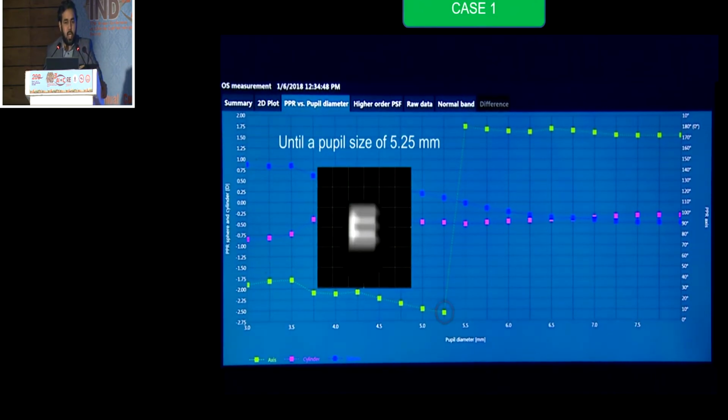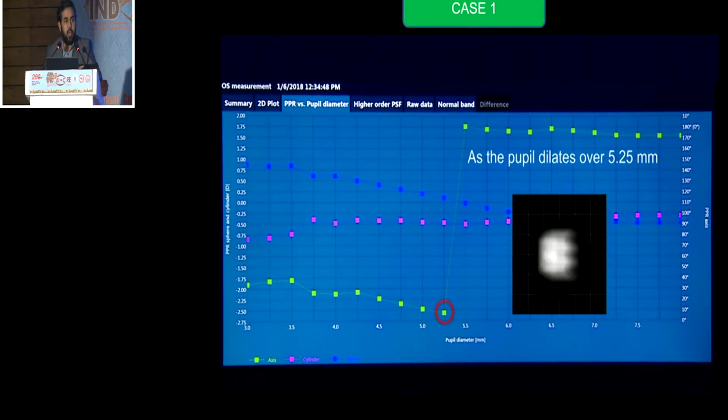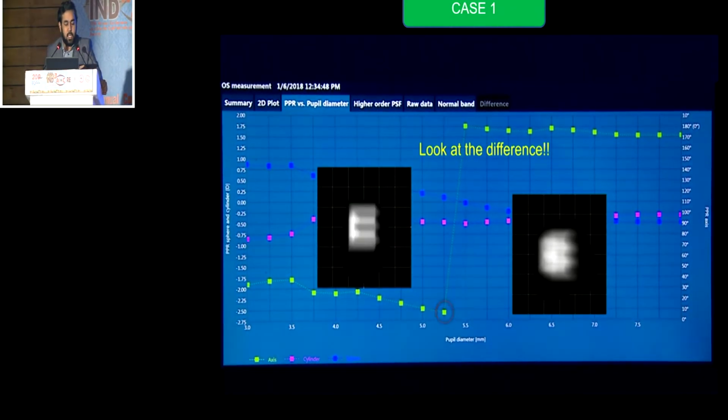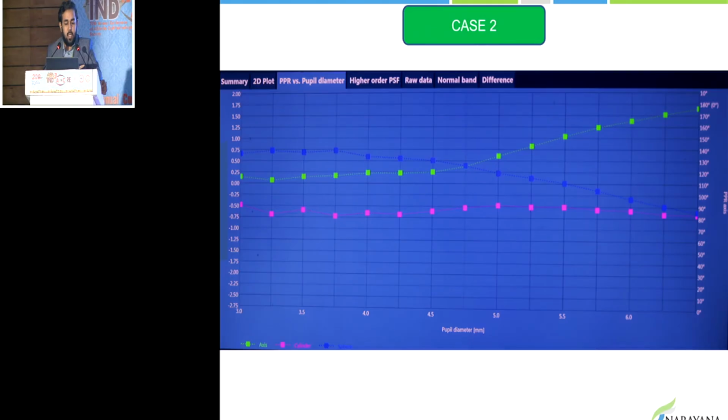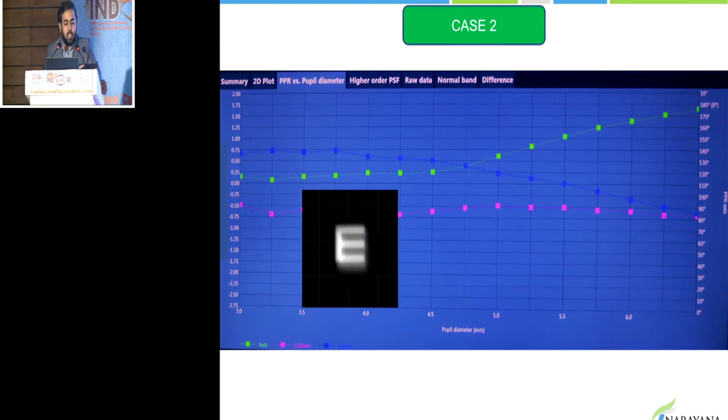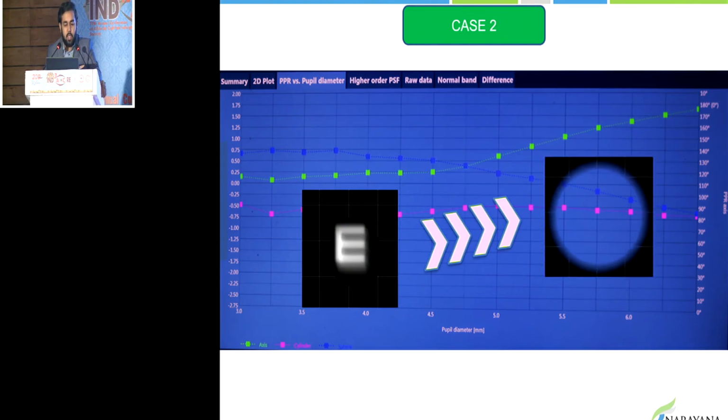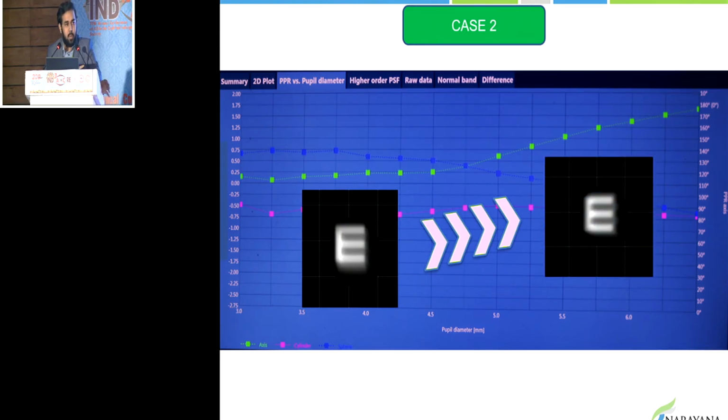So in these patients, until a pupil size of 5.25, there is a relatively good quality of vision, and then it deranges abruptly, and these patients manifest. But if you look at the other patient, which is case 2, you find that there is still a change, but it is not as significant as in the other eye. Though the pupil size in both the first and second patient was more than 5.5,